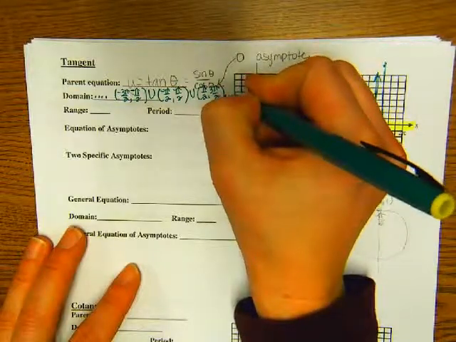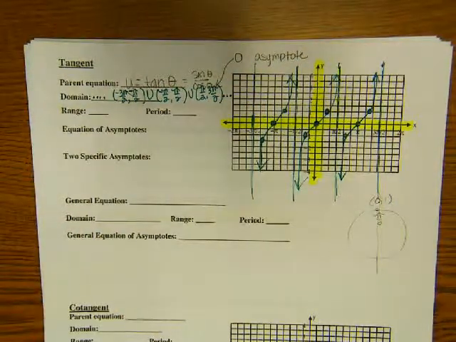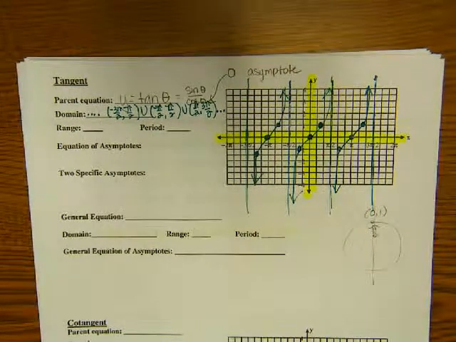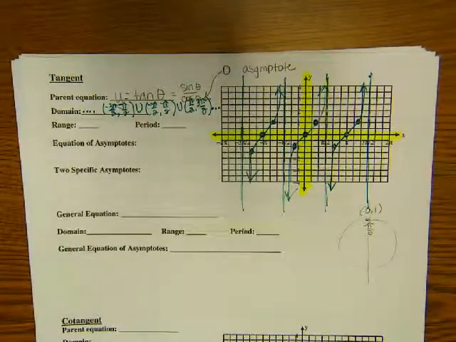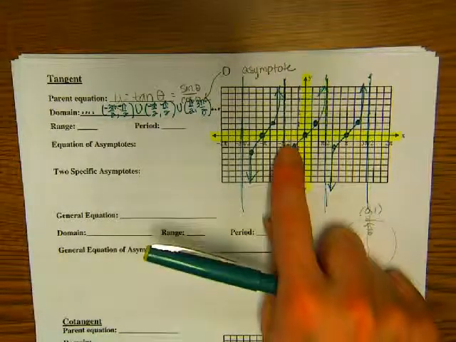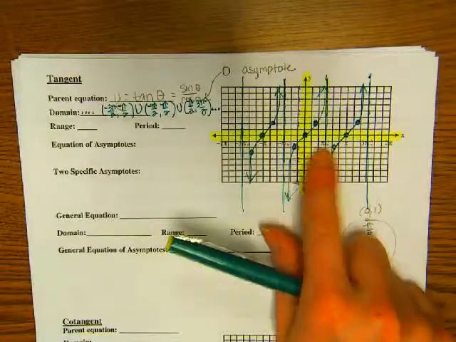And then the next one is from pi halves to 3 pi halves. And just to show the pattern continues, I write dot, dot, dot on the other side. That's one way of doing it. Or you can just tell me all real numbers except,